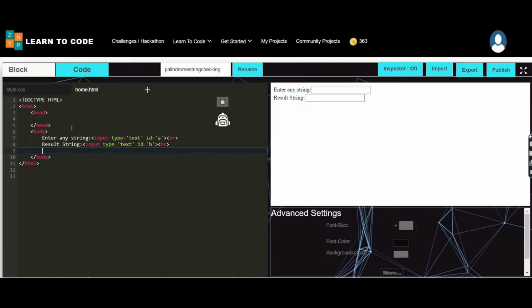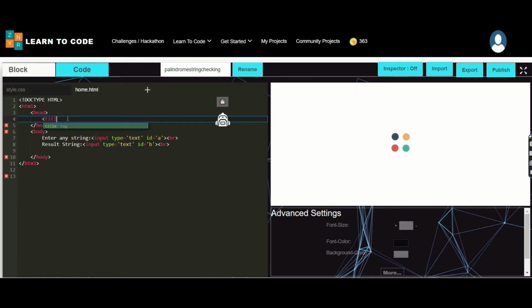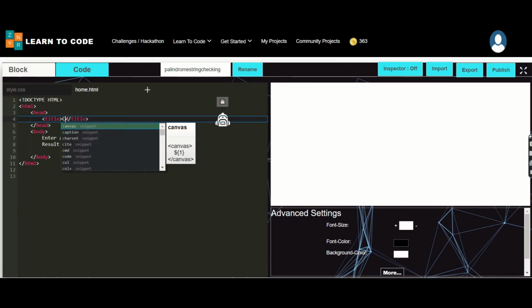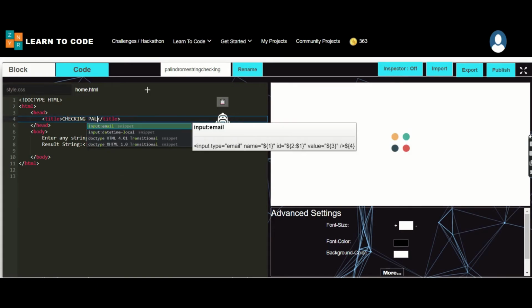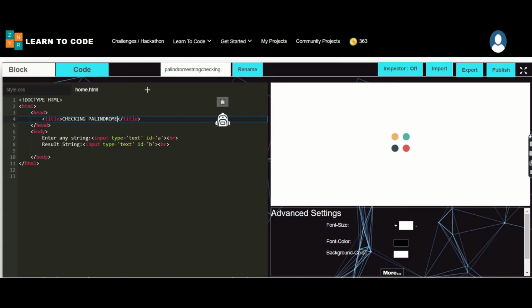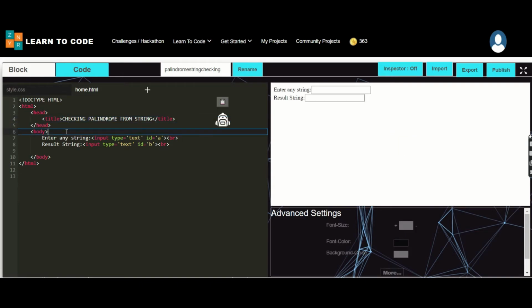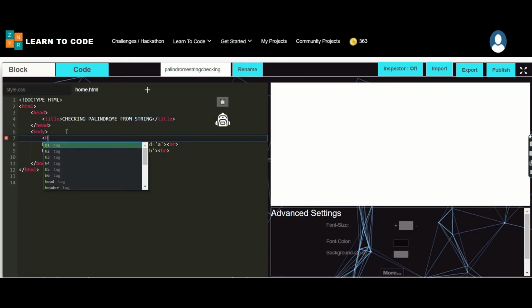If required, you can add the title over here. So I'm just adding the title, checking palindrome for string. Okay, and if required, you can add the header part.